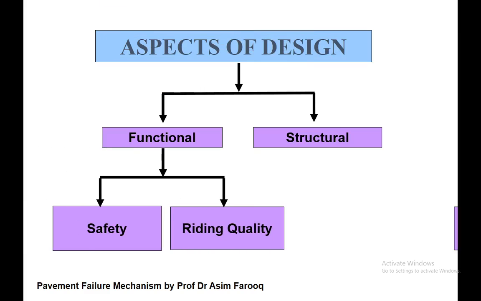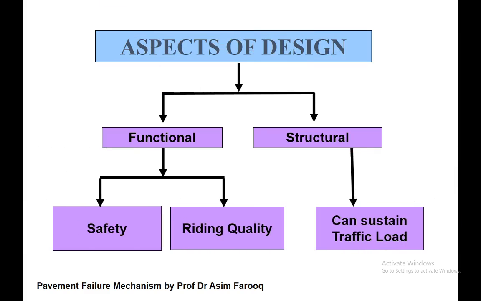We have two basic aspects of pavement design. The one is the functional one, another one is the structural one. Functional indicates how well the pavement is serving the road user at any particular time, while structural design is the ability of the pavement to sustain the loading and how well it protects the subgrade. So the functional aspect refers to safety and riding quality, while the structural aspect is related to the accumulation of the traffic loading. Actually, what we expect from the pavement is that it should fulfill the functional as well as the structural aspects of the design. Okay,